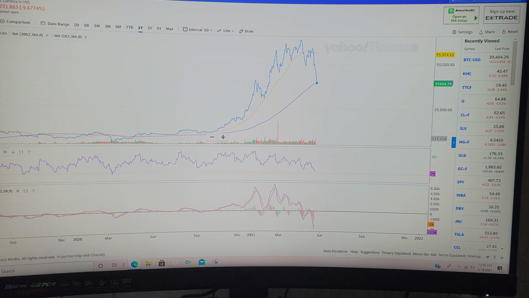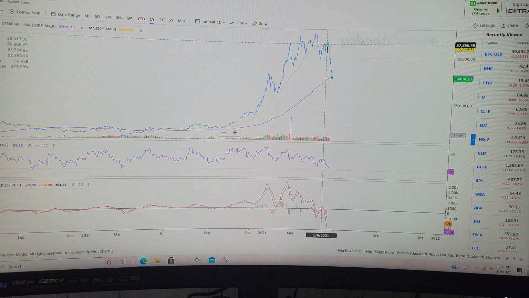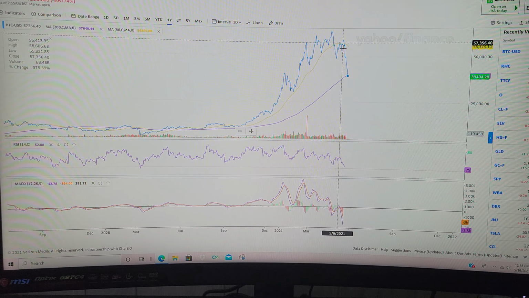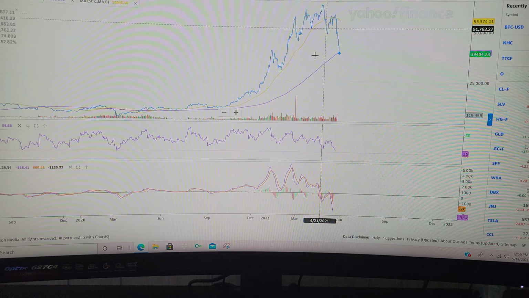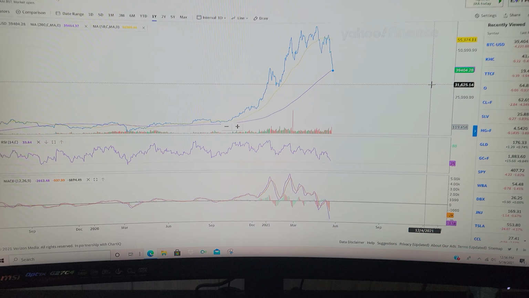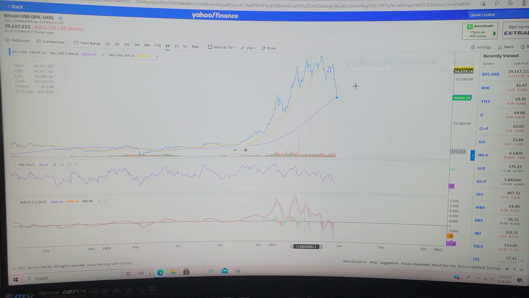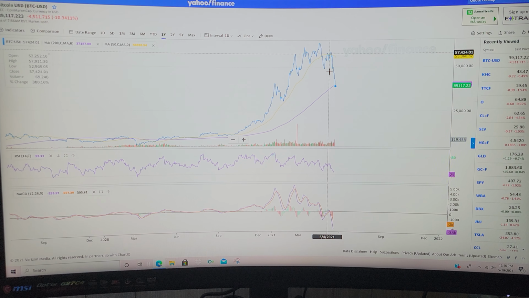Alright, I did want to shoot a quick video on just a literal basic line graph and show you the moving averages of Bitcoin. So this was the flash crash that we had of Bitcoin. I love looking at stuff like this because it's the most simple lines, and then this is what happens, okay?